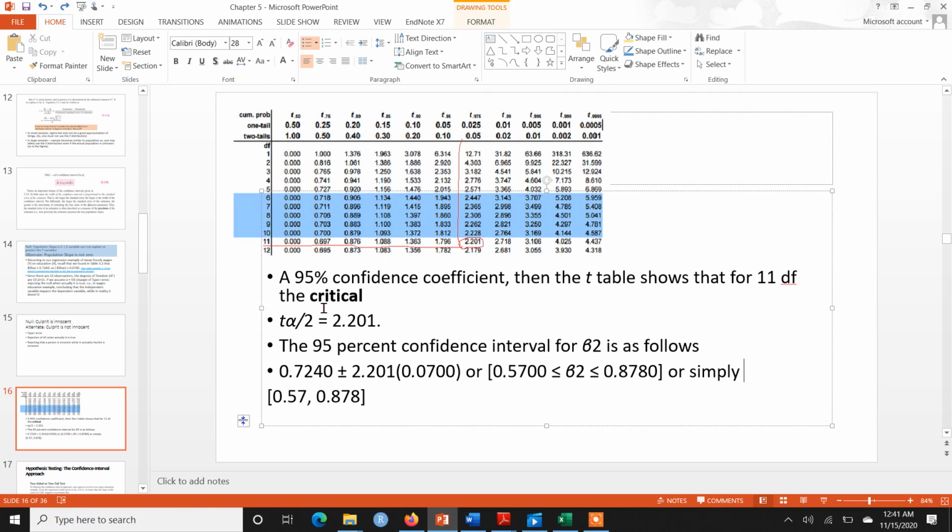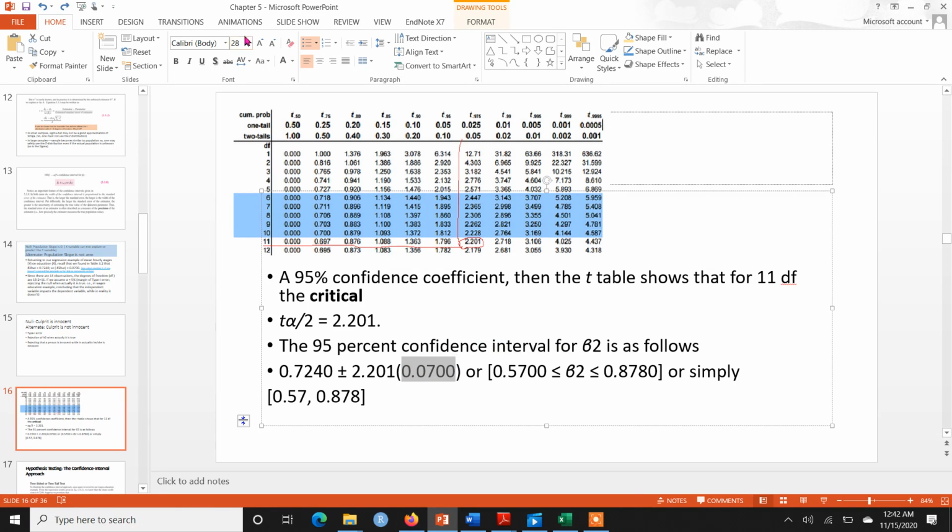Coming back, a 95% confidence interval, because whenever the error margin or alpha is 5%, then the remaining 100 minus 5%, that is 95%, is the confidence level. So we know from this t table that for 11 degrees of freedom the critical value of t is 2.201. So the 95% confidence interval for slope will be the value of slope that we got from the random sample, and then we will add and subtract this factor where we have this t term and then this within